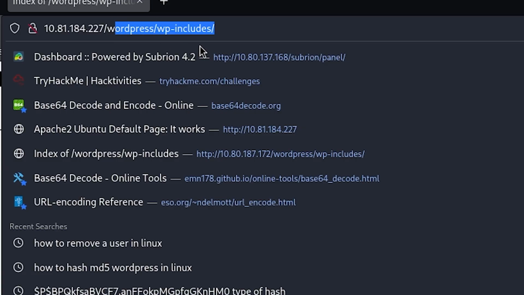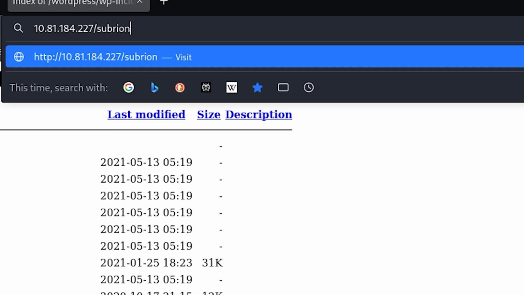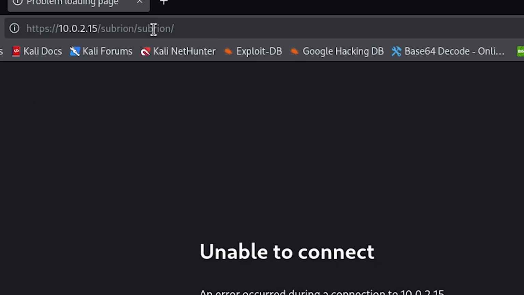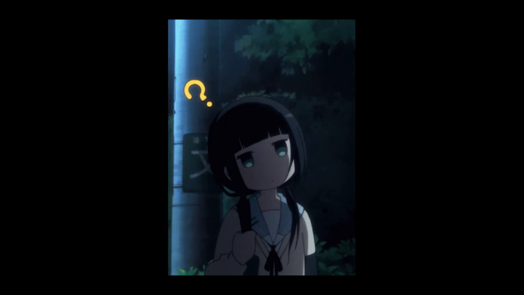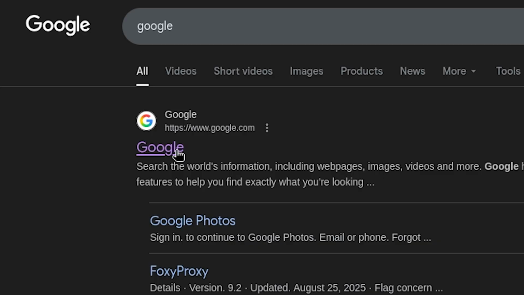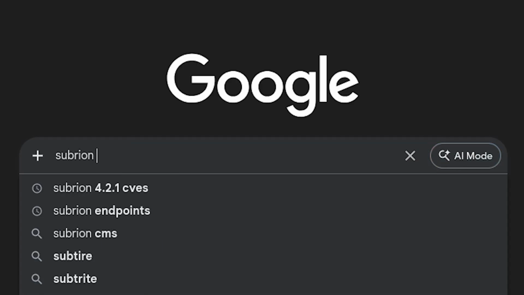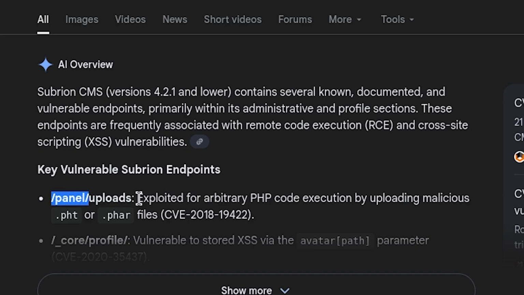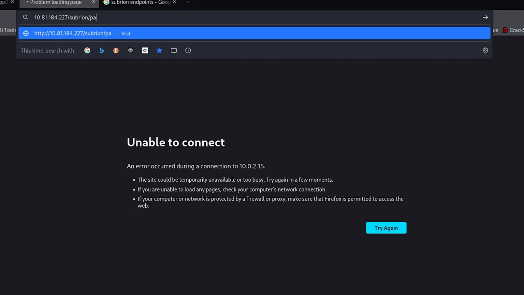So I continued this adventure by going to the Subrion endpoint, but for some unknown reason, it redirected me to a non-working website and adds another Subrion at the end. But thankfully, we live in the 21st century and there is something called Google that will let us search information about this Subrion thing. I found out that there is an endpoint called /panel, so I tried it and got